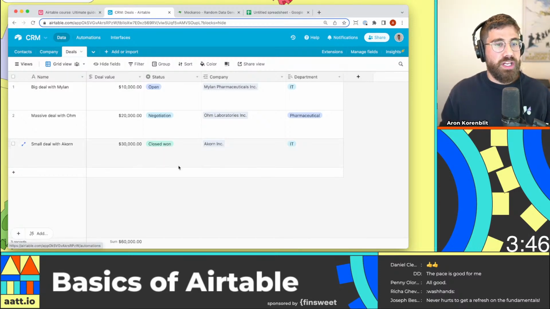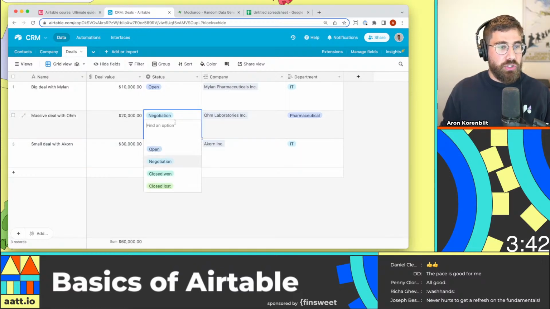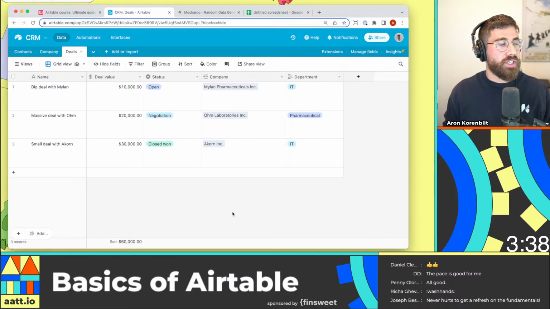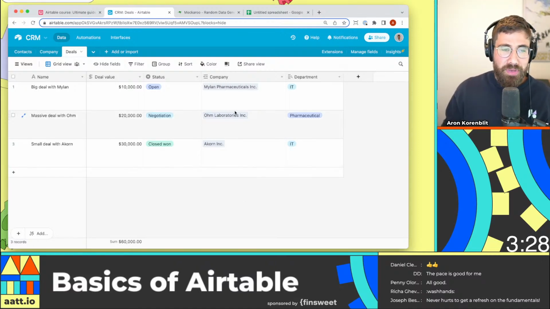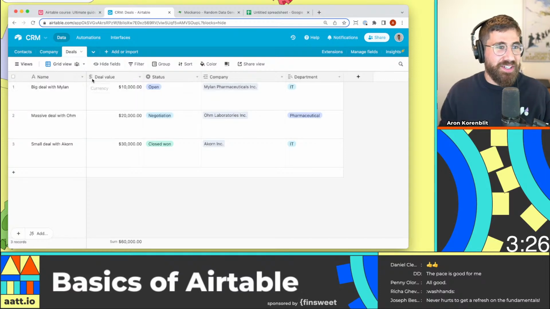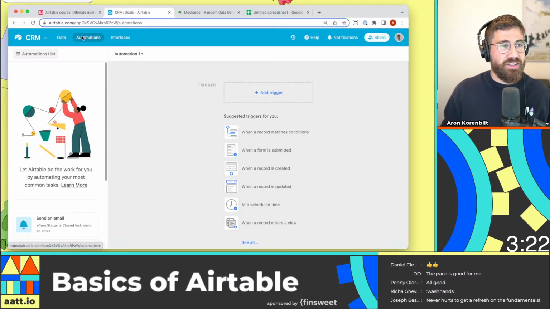So let's create an automation that says, when a deal goes into closed one, we want to send a notification to the team. And maybe, if I'm quick enough, create 2 tasks in a new task table to sign the contract, to buy a bottle of champagne, whatever salespeople do when they close a deal. So we're going to go into our automations tab here in the top left, and create a new automation. I'm going to call this automation